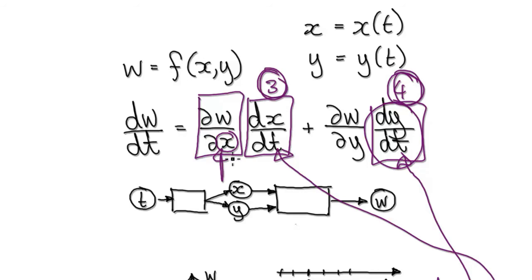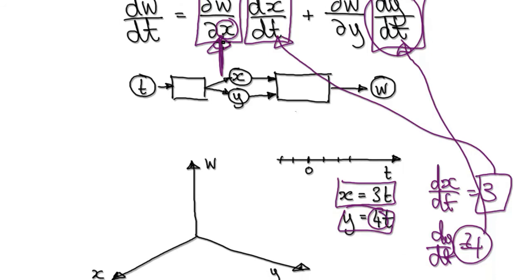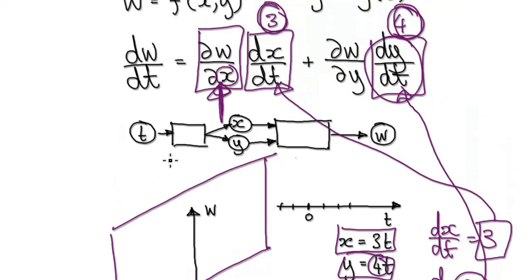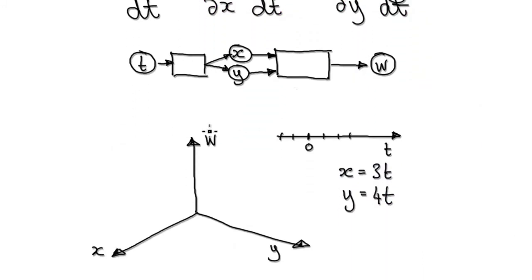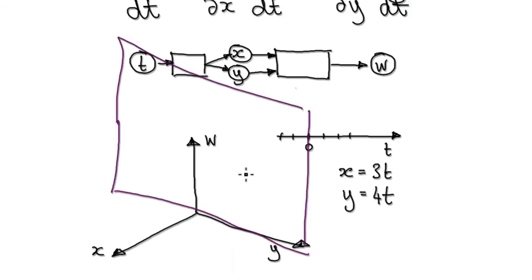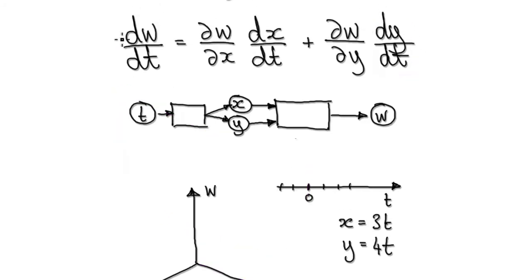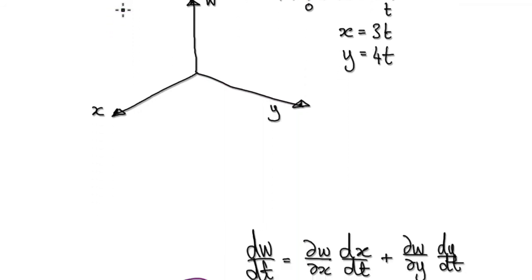And when you come to compute this, remember, we've done this before. This thing here means you have to imagine a vertical sheet of paper in the x direction, and then you take the partial derivative, and this thing here with respect to y, in your mind you have to visualize a vertical sheet of paper in the y direction, take the partial derivative, and then multiply it by dy by dt. So let me elaborate on this even further. Hang on. But before I do,